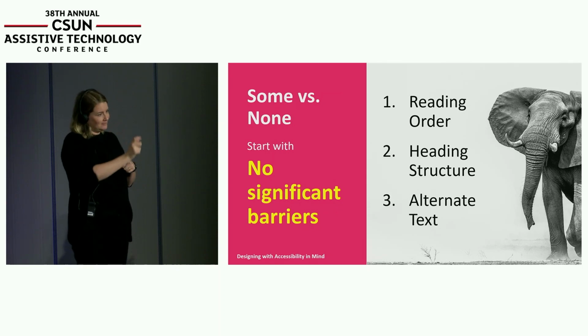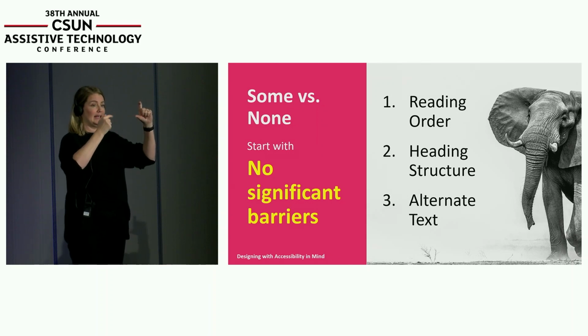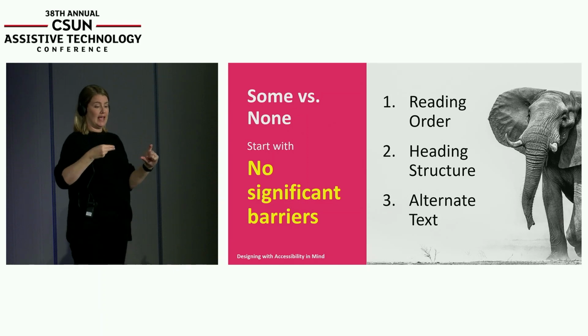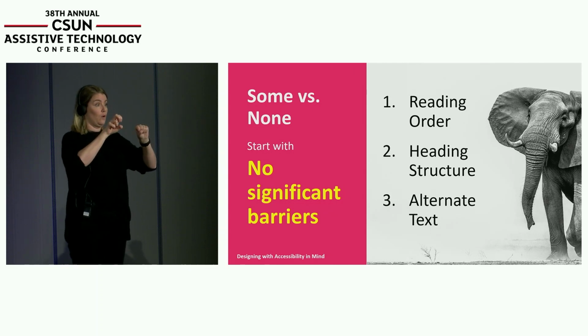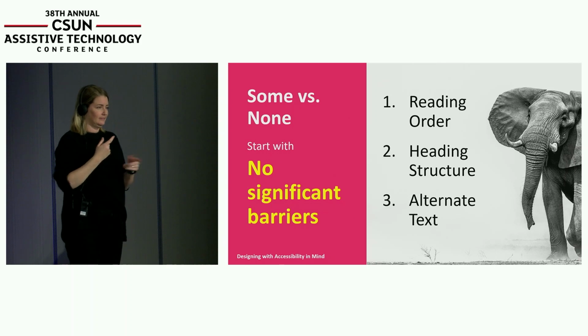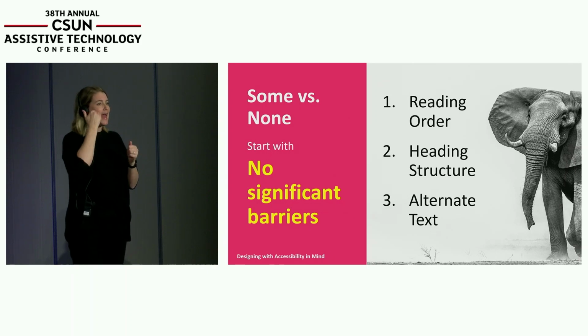Heading structure is your next thing. You want to make sure that you have clear, organized heading structure. And that goes by using styles, right? By making sure that your heading levels are H1, H2, H3. I think of it this way. It's like being on a ladder. I would only move myself up 1 rung or down 1 rung. I would never jump up over a rung, or I would never jump down a rung and skip one. I'd kill myself, right? Same thing with heading levels. Just keep them in order.